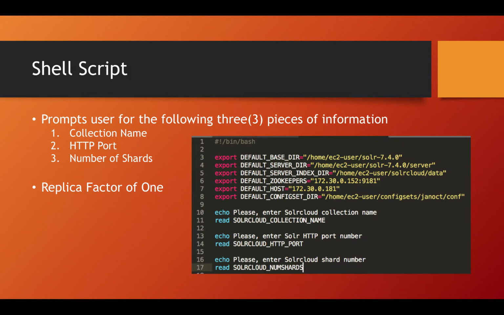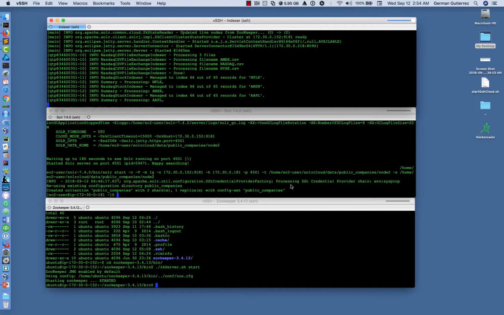In this case, I'm just using one, but if you're using an ensemble, which should be comprised of an odd number, you will have a comma delimited string there. Then the default host is the IP address of the Solr server, and the config set, which contains the managed schema in Solr and whatnot. And to show you where the data reside, so here in Solr,